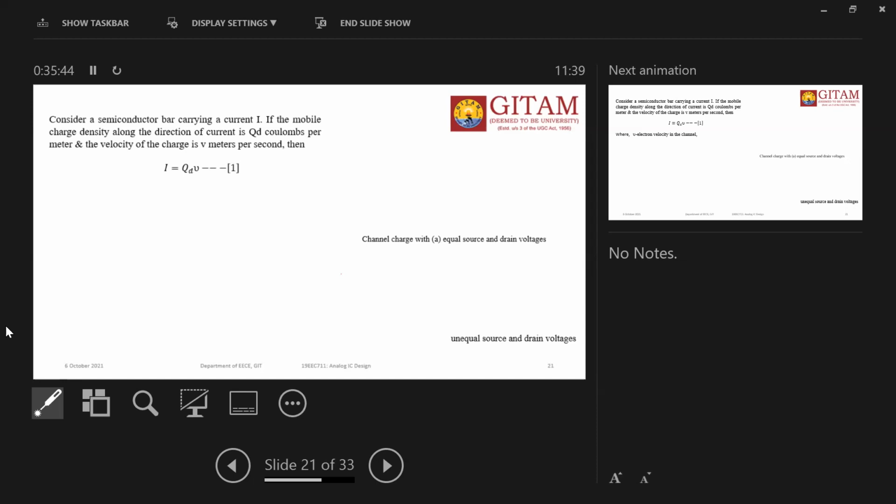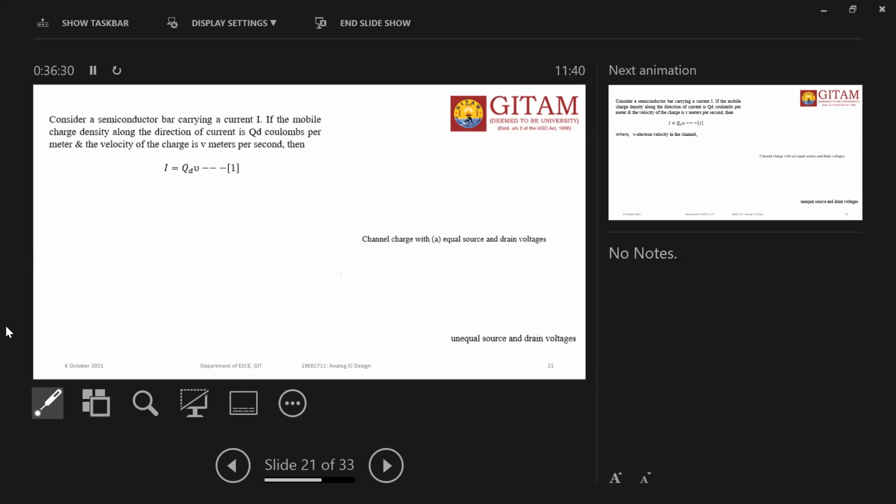V means velocity. Here put the minus sign. I forgot to put the minus sign. Put the minus sign because I is equal to minus dq by dt. Why minus? Current is nothing but the flow of charges, the removal of charges. Whenever charges are removed, the charge value is decreasing. Removal of charges means decreasing, so that's why the minus must be kept before it. So minus QD into V. What is QD? Depletion charges, or charges in the depletion layer, or charges in the channel. You can put anything. And V is the velocity of the carrier in the channel.